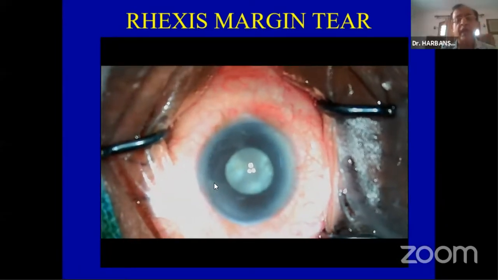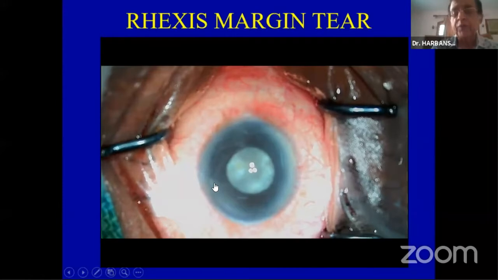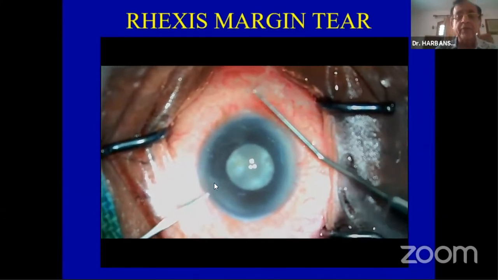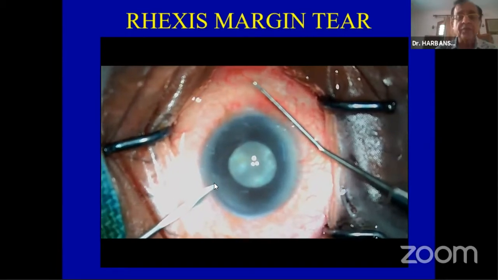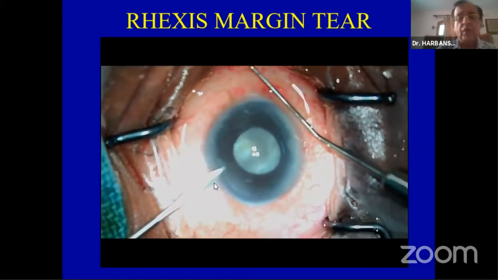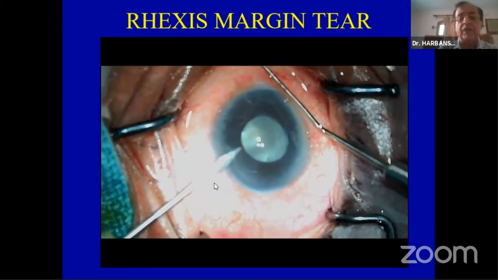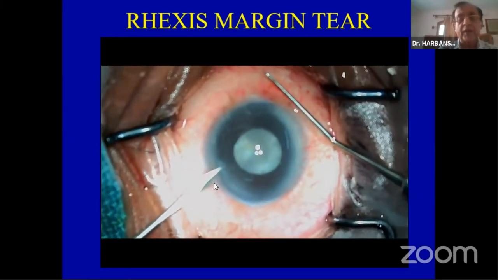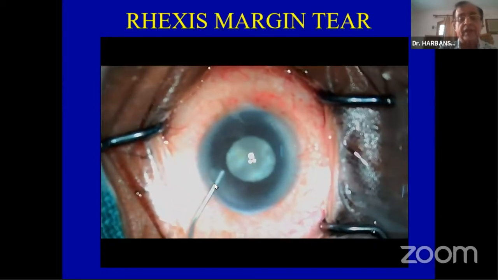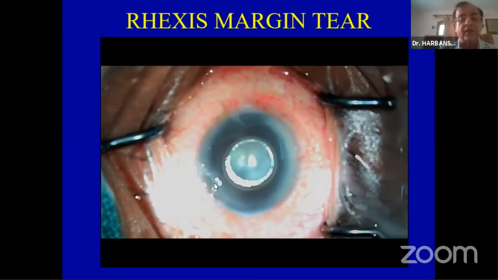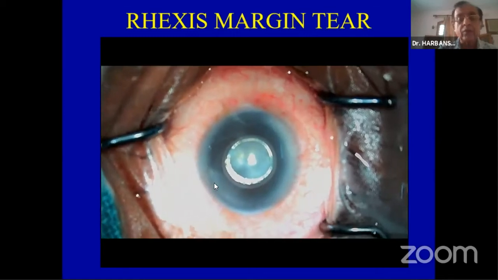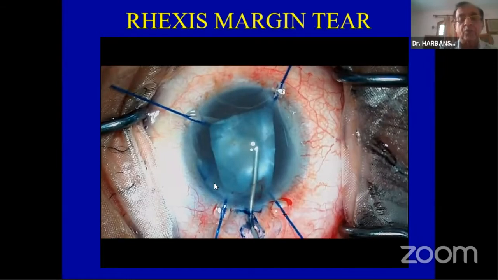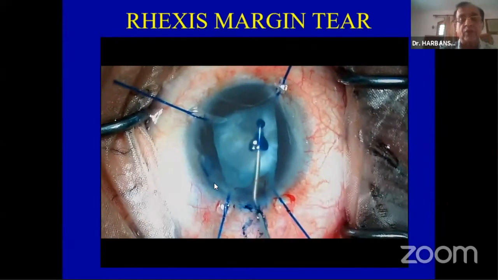This was a patient who had an IOP of around 54 millimeters of mercury for the last 1 week or so and came from a village, and the chamber was very, very shallow. We gave a retrobulbar block and did the massage for 15 minutes to lower the IOP. In spite of that, when I inject the air, you will see that there's hardly any space and the air cannot go inside. So now we tried to stain the capsule and placed an iris hook on that side to get a very good dilatation.